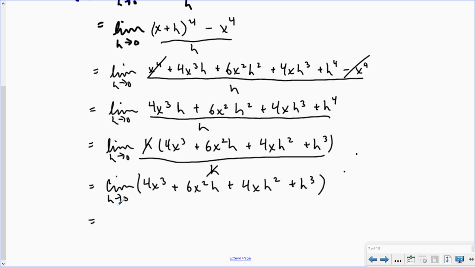and when I plug in h equals 0, that's going to neglect that one, and that one. Every term where there's an h, as soon as I let h equal 0, goes away. And what we're going to notice here is the coefficient of my second term is always the derivative function. And again, my original function was